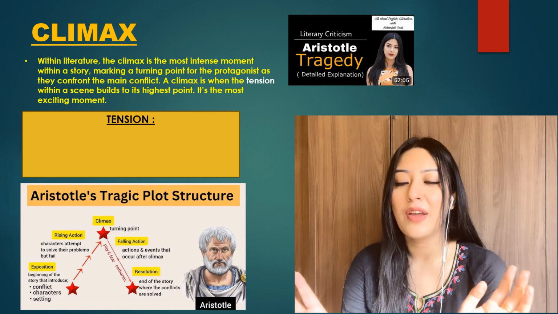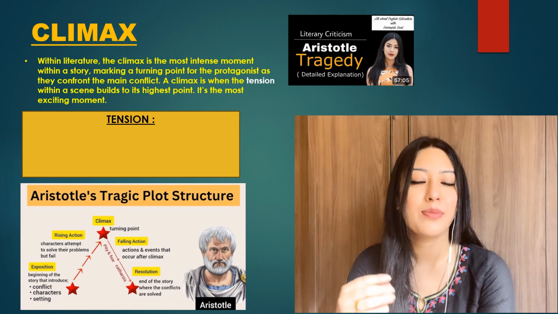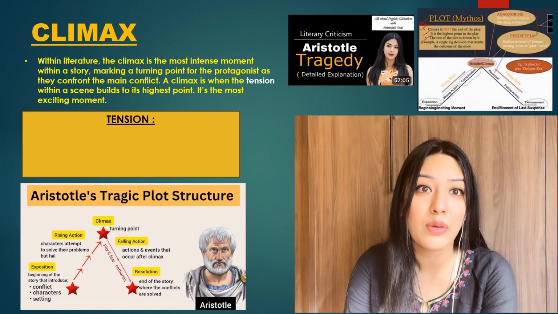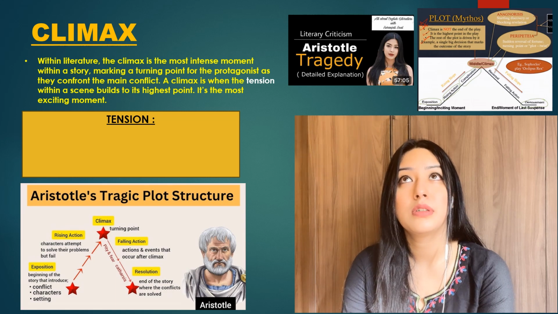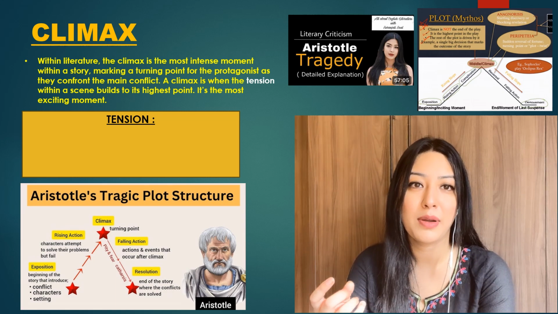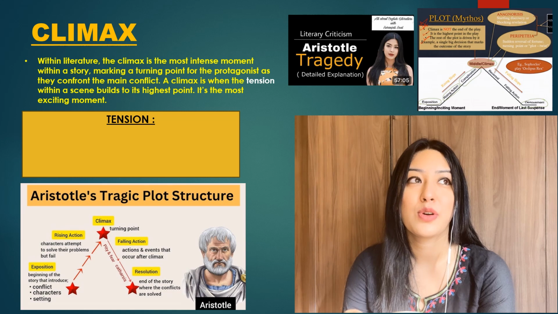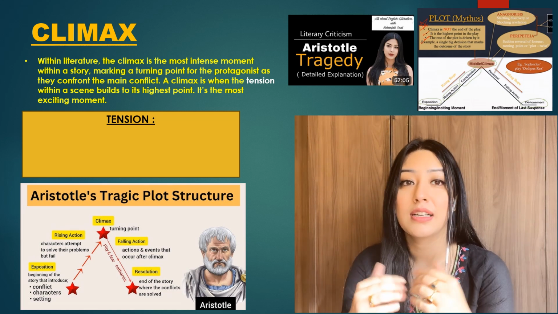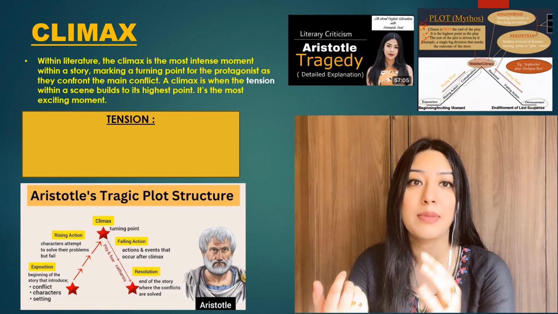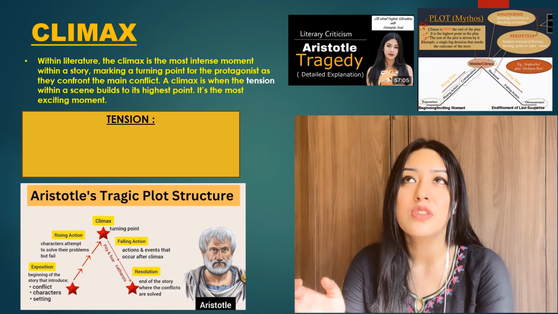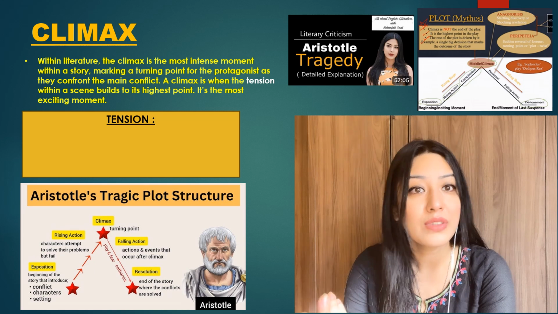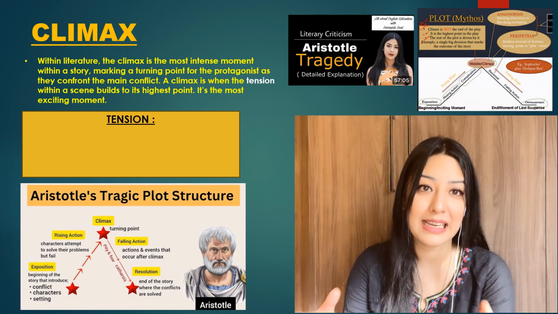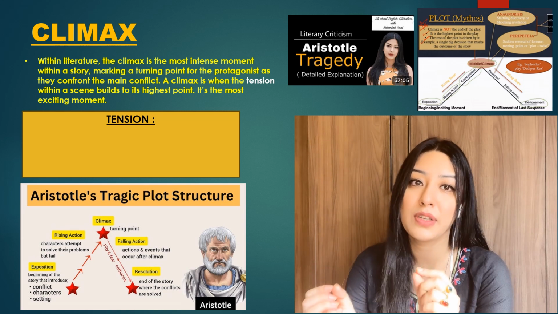Now, having said that, this is a recap video, so I'm going to mention everything here and there. We've talked about anagnorisis, we've talked about peripeteia, we've talked about character versus plot, we've talked about character versus action. Then we've also talked about rising action, the climax, then the falling action, catharsis, the different kinds of plot. I mean, the structure of a plot in detail. We've done that. So what makes a successful plot? All of that we have dealt with in the Aristotle video. So make sure you watch that for better clarity. Here again, we're going to talk specifically only about the climax.